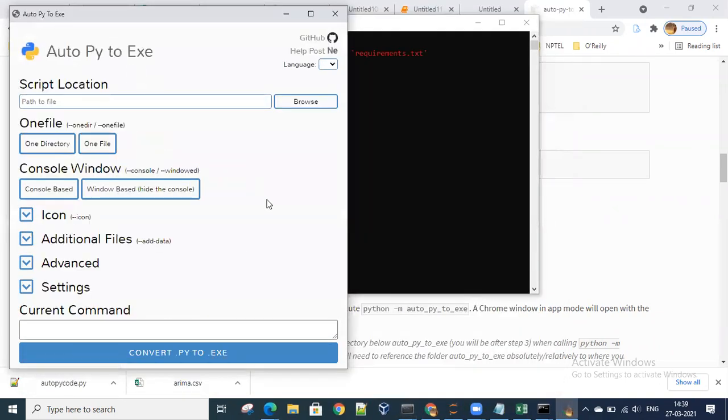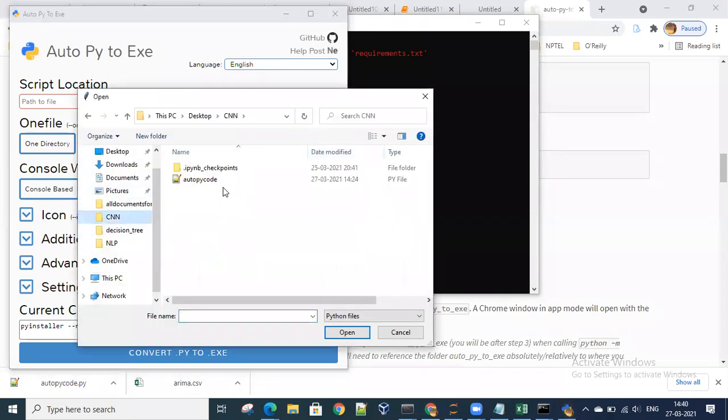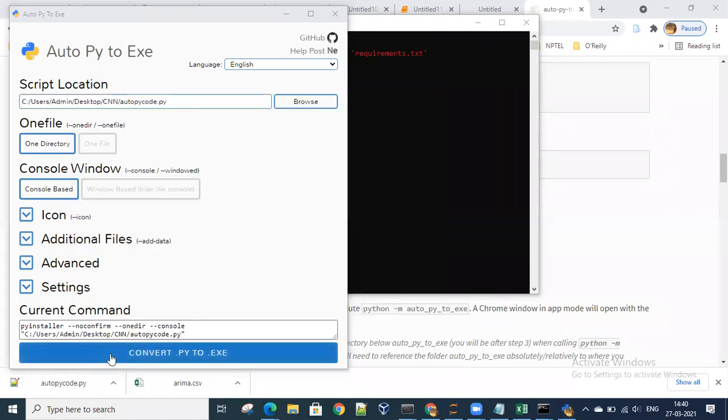Yeah. Now it's working. Now what we'll do, I'll give the location of my file. CNN. Let's say auto code. Let's say convert to exe. Okay.